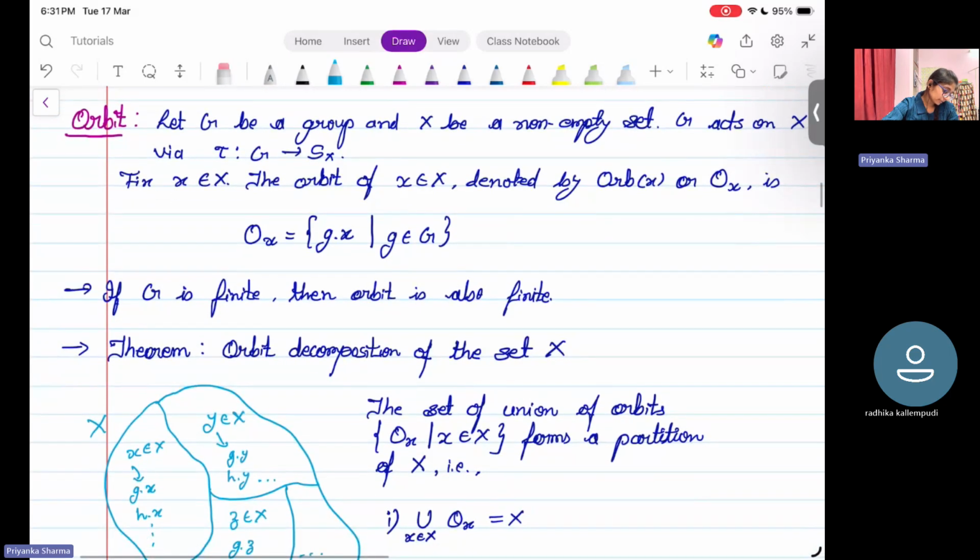Now we define another important term, which is orbit. Orbit is defined for some element of the set X. Like we have two kinds of algebraic structure here, a non-empty set X and a group G. So this orbit is defined for the elements of the given non-empty set using the group action, obviously. To define this, we assume: let G be a group and X be a non-empty set, and